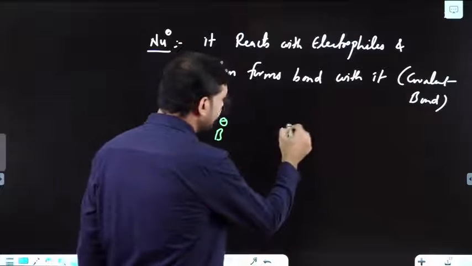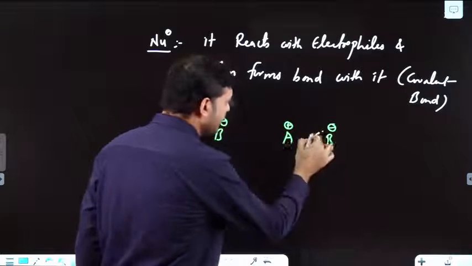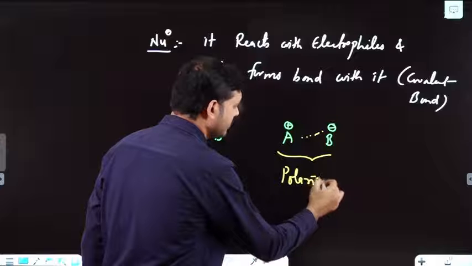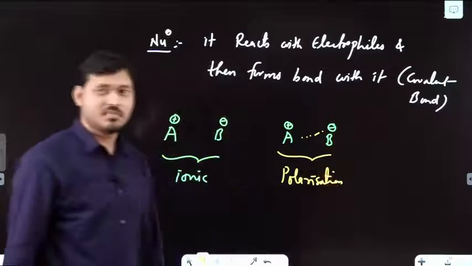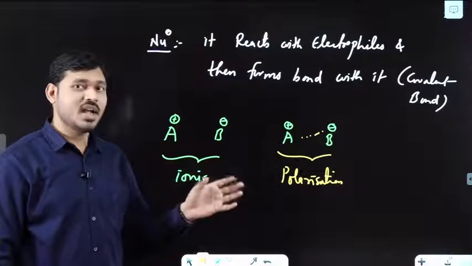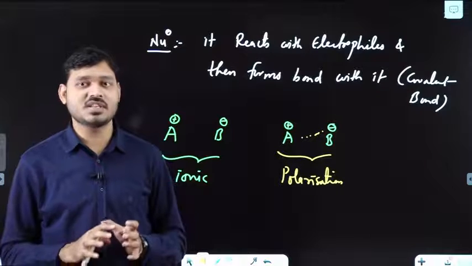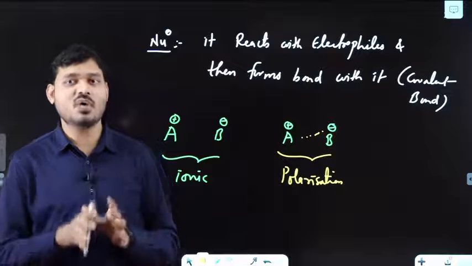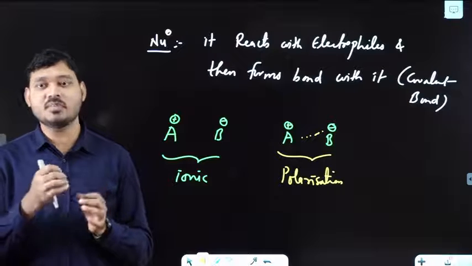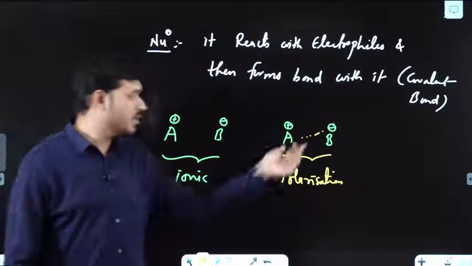Now suppose some of the charge is partially shared this side, this is your polarization. Polarization between this cation and anion. Partial sharing of electrons, and due to this phenomenon the ionic compounds are not 100% ionic in nature. There arises some sort of covalent nature. If I say NaCl, it is not 100% ionic. It is almost 85% ionic in nature, which means there is 15% covalent nature. Why? Due to this polarization.